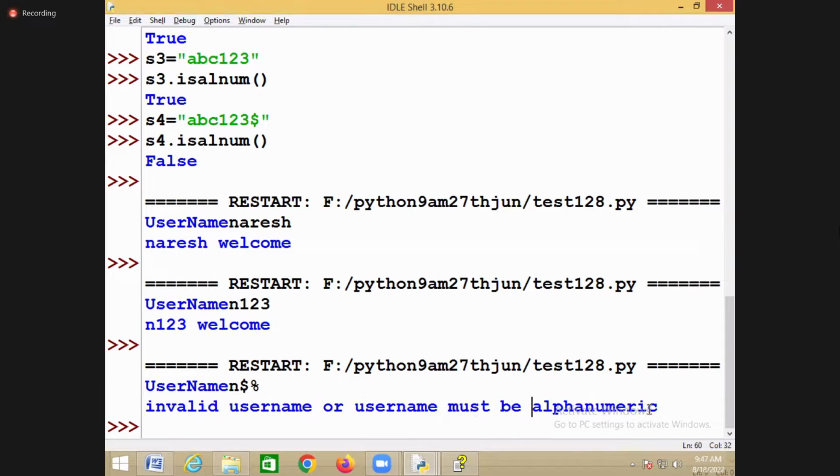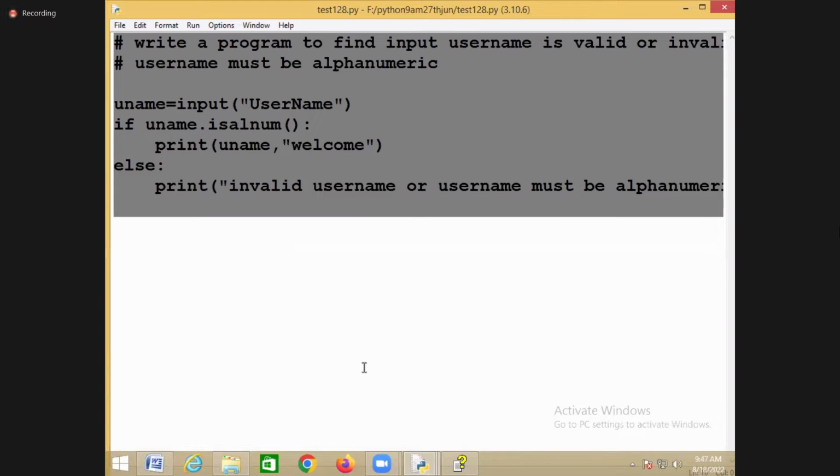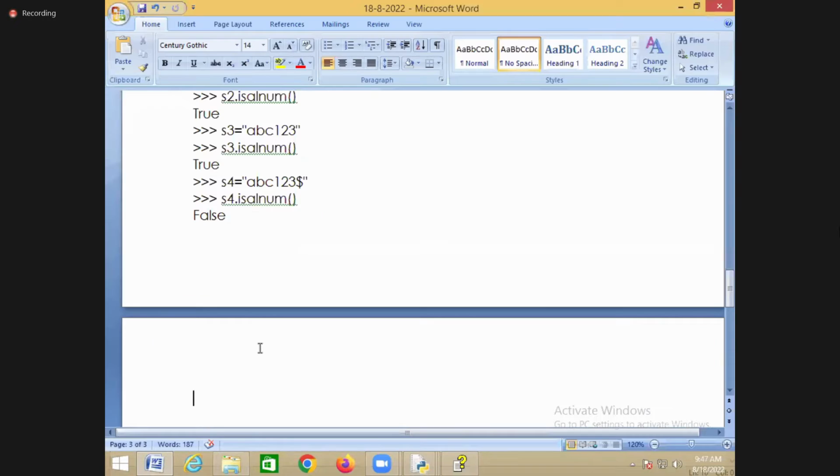So it must be alpha numeric. Then how can you verify? It is by using one function called isalnum, right? So isalnum is a function that is to